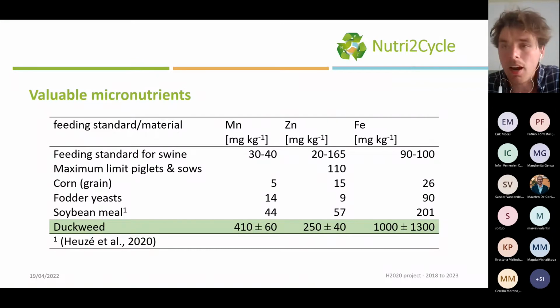elements like manganese, zinc, and iron, which are even sometimes supplied in pig and other feeds because of their nutritional and beneficial factors. For example, also as an antibiotic in feed. What do we see if we analyze the duckweed? That these elements are much more present in the duckweed, also compared to, for example, all other feed materials, meaning that if you would add a little bit of duckweed, we would increase these elements very largely,